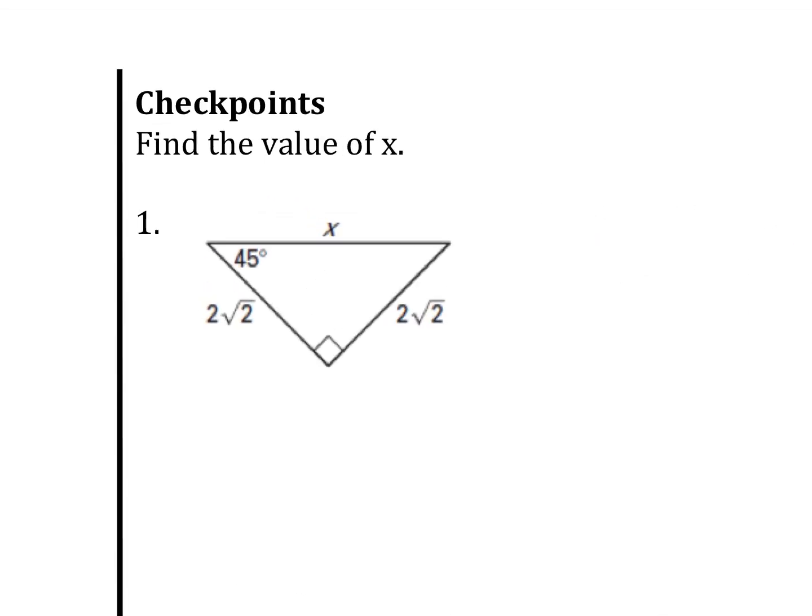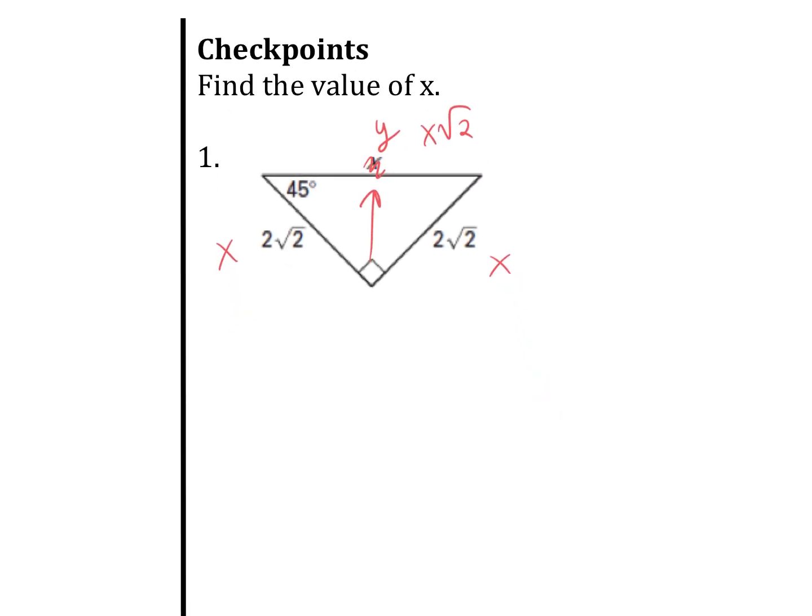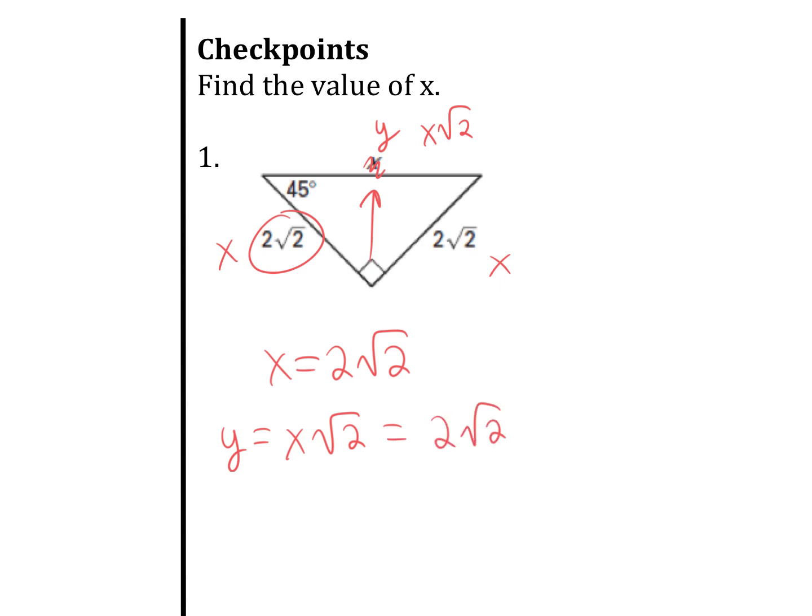Okay, sounds good. This is what I was talking about. We don't like to call this x. This is not x. I'm just going to call it y. I'm going to call this y, and we're going to label our things here. Across from the right angle is going to be x square root of 2, and these are both going to be x. So we like to set what we have. We know that this is 2 square root of 2, so x equals 2 square root of 2, and what we're looking for is y, which equals x square root of 2, but in this case x is 2 square root of 2, so we have to do 2 square root of 2